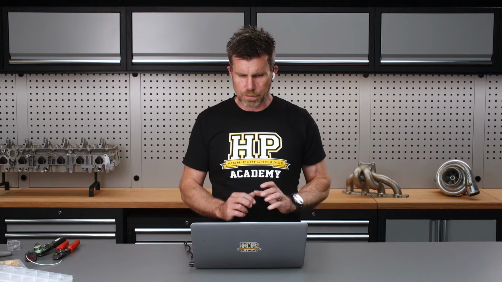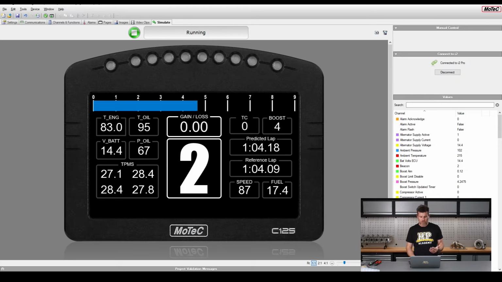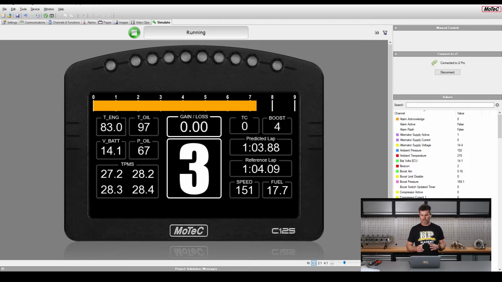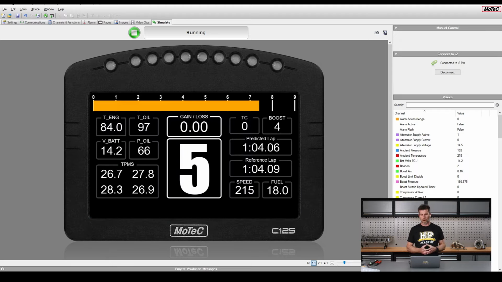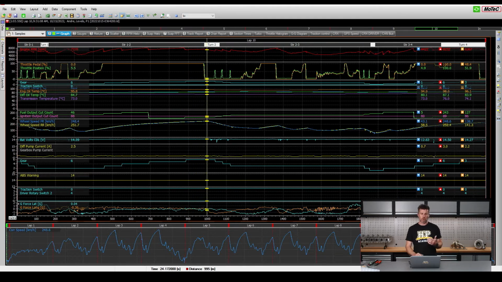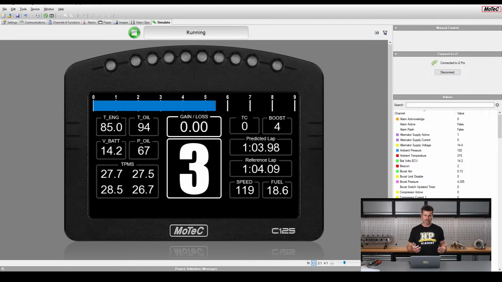So we'll jump back across to my laptop screen. This is a nice feature that's running at the moment, which is their simulate function. It allows you to connect to Motec's i2 or i2 Pro. This is a qualifying lap that I ran on the weekend in the 86, so this is all the data in i2. It's playing through that, and we can come back to Display Creator, so we see exactly what's going on.